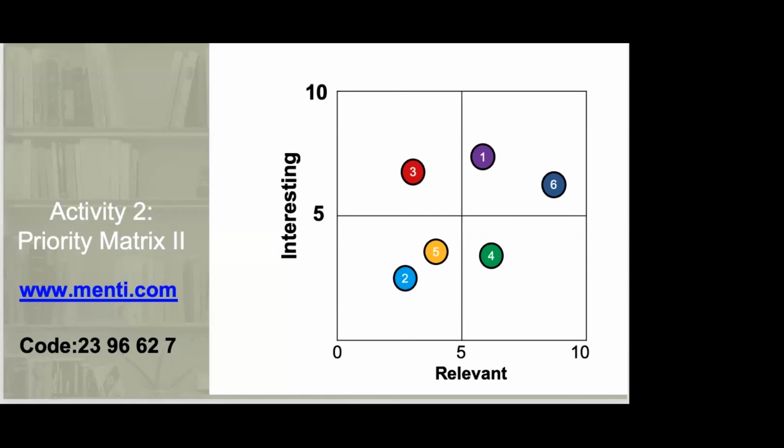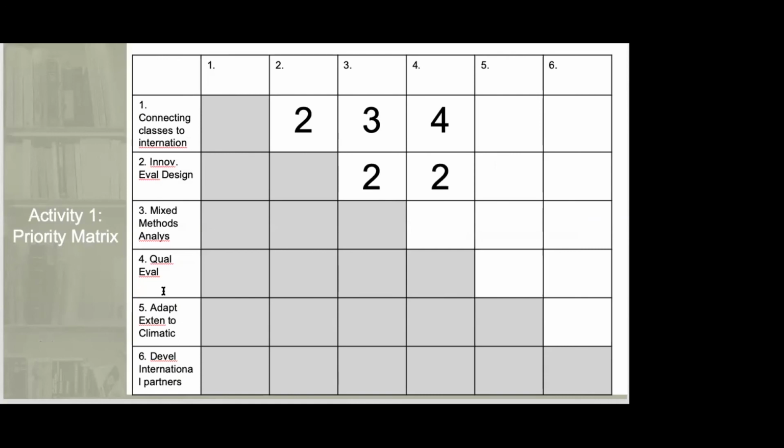Okay, and I'm going to go back to the list of topics. So they're listed here, 1 through 6. I'll read them out, but go ahead and you can start submitting your responses if you like. So 1 is connecting classes to international opportunities. 2 is innovative evaluation design. 3 is mixed method analysis techniques. 5 is adapting extension programming to climatic changes. And 6 is developing international partners. So as professional development topics, how important,